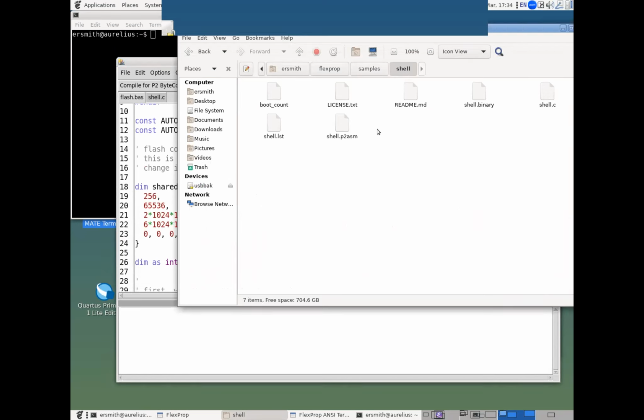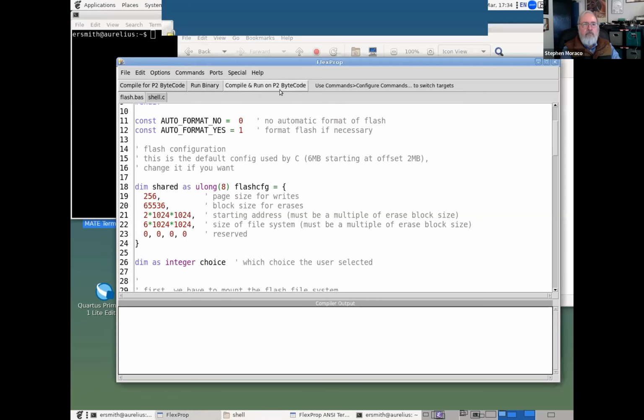You'd have to click on the batch file on your host. And incidentally, as you can probably see from my screen, I'm running Linux here. FlexProp works on Linux, Windows, and the Mac, and has a pretty similar interface on all of them. To get a really nice interface, you use Visual Code, or Visual Studio Code, which Stephen has ported to all of those